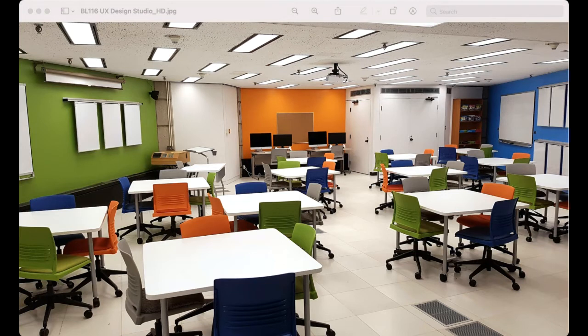And for the UXD students, if you are taking a UXD course and your concentration is UXD, this studio would be open 24/7. Of course, when there are courses in there, you cannot go, but any other time, you have 24/7 access to work on your group project, your design thinking. It's our collaborative space for UX.